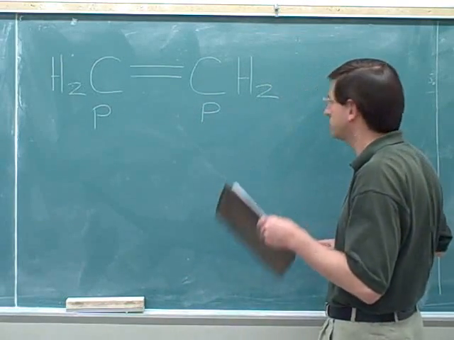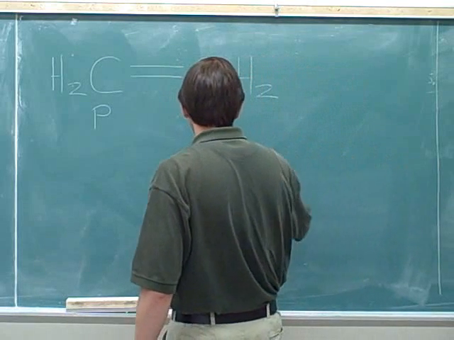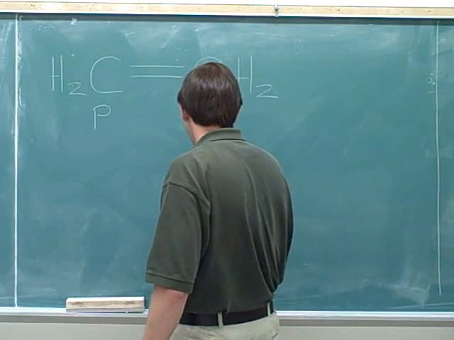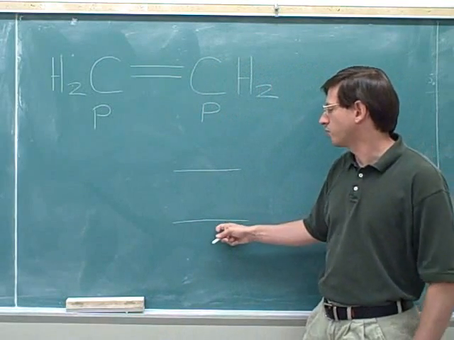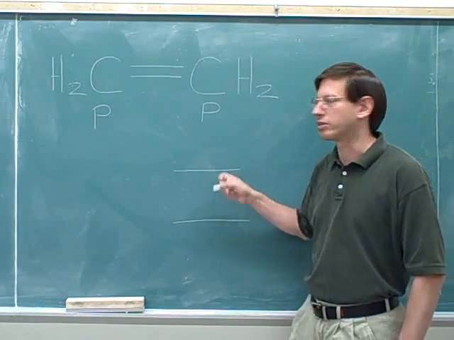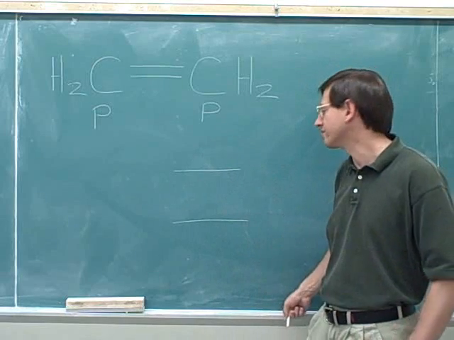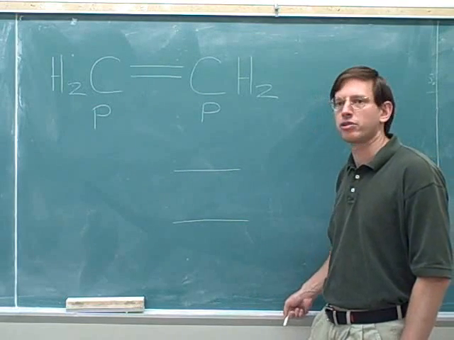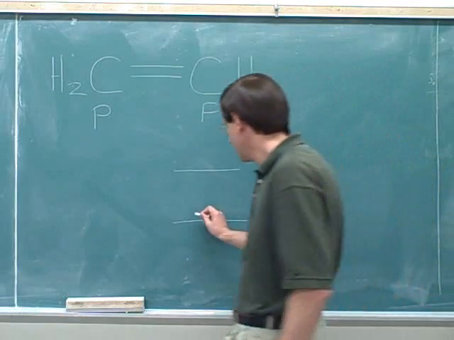So I'm going to write down 2 levels. Here's the 2 energy levels. This level represents one of the molecular orbitals, and this level represents the other pi molecular orbital. Since we put in 2 p orbitals, we get 2 pi molecular orbitals out. And we can actually draw what the molecular orbitals look like if you've reviewed this topic before. You might